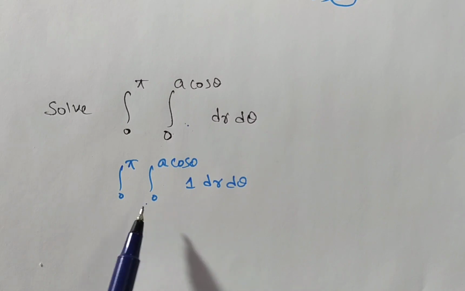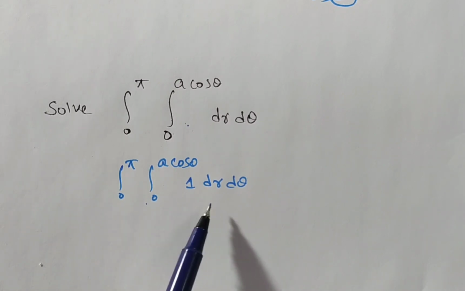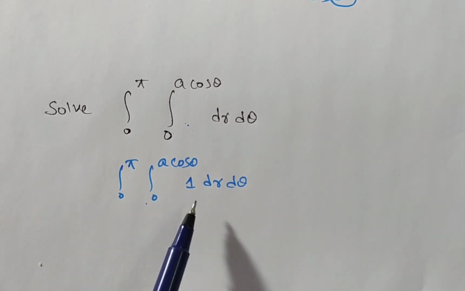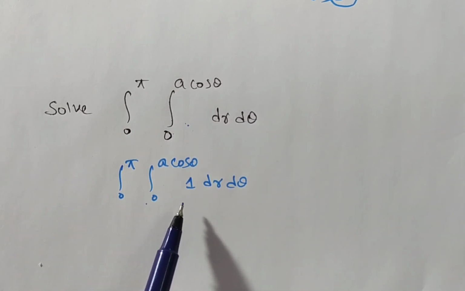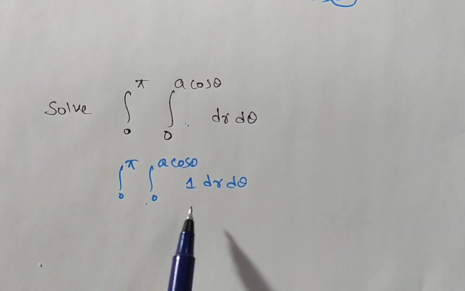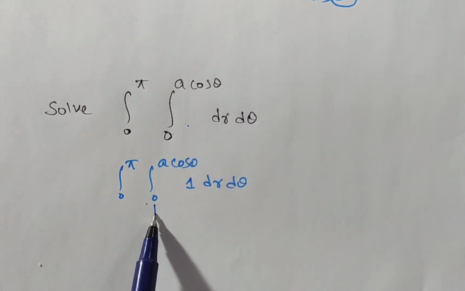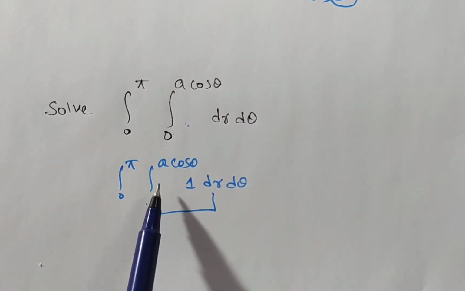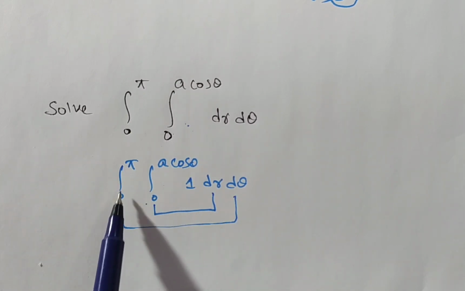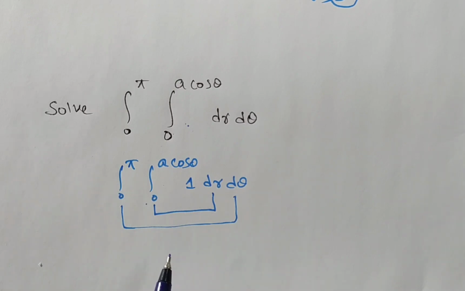Now you observe, by the observation you can say this is in polar coordinates, a function of r comma theta. Now we have to integrate with respect to r and theta, but first you have to think whether we integrate with respect to r or theta. If they are not given anything about the limits, in the first case this is the limit for r, next this is the limit for theta. By the observation we can say, because it is a 0 to pi angle, this will be theta.